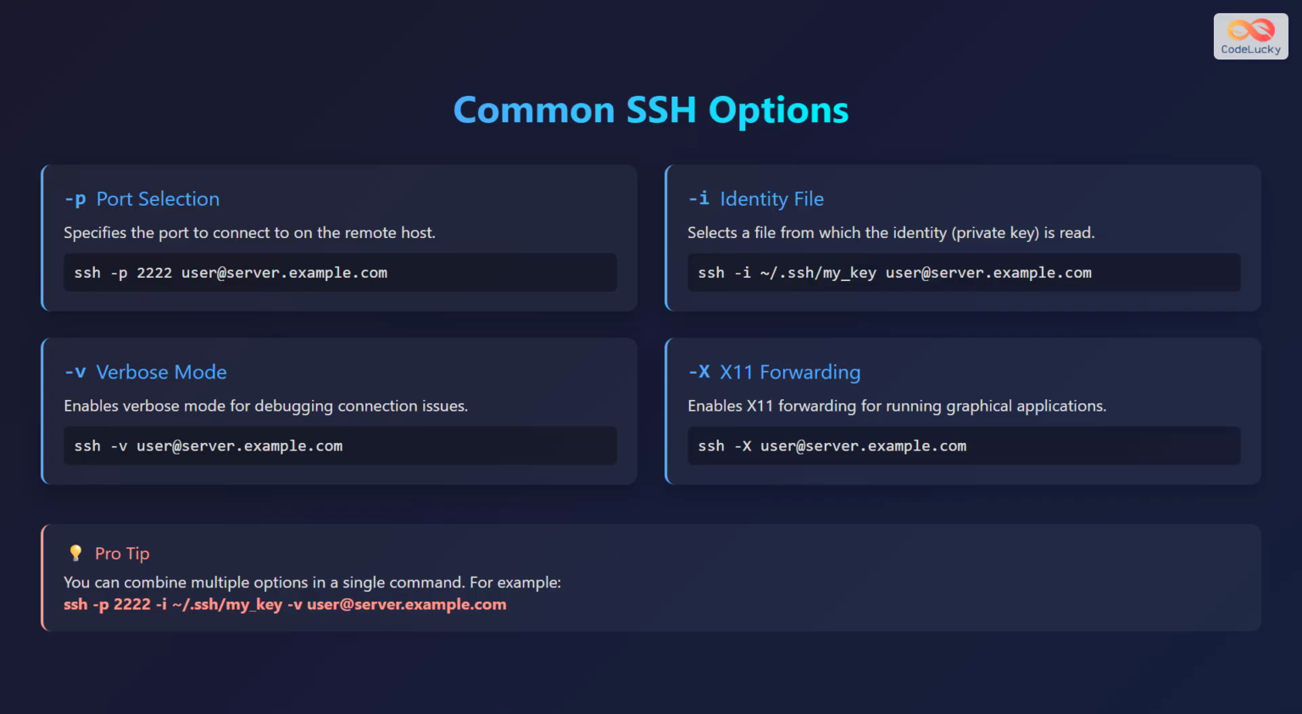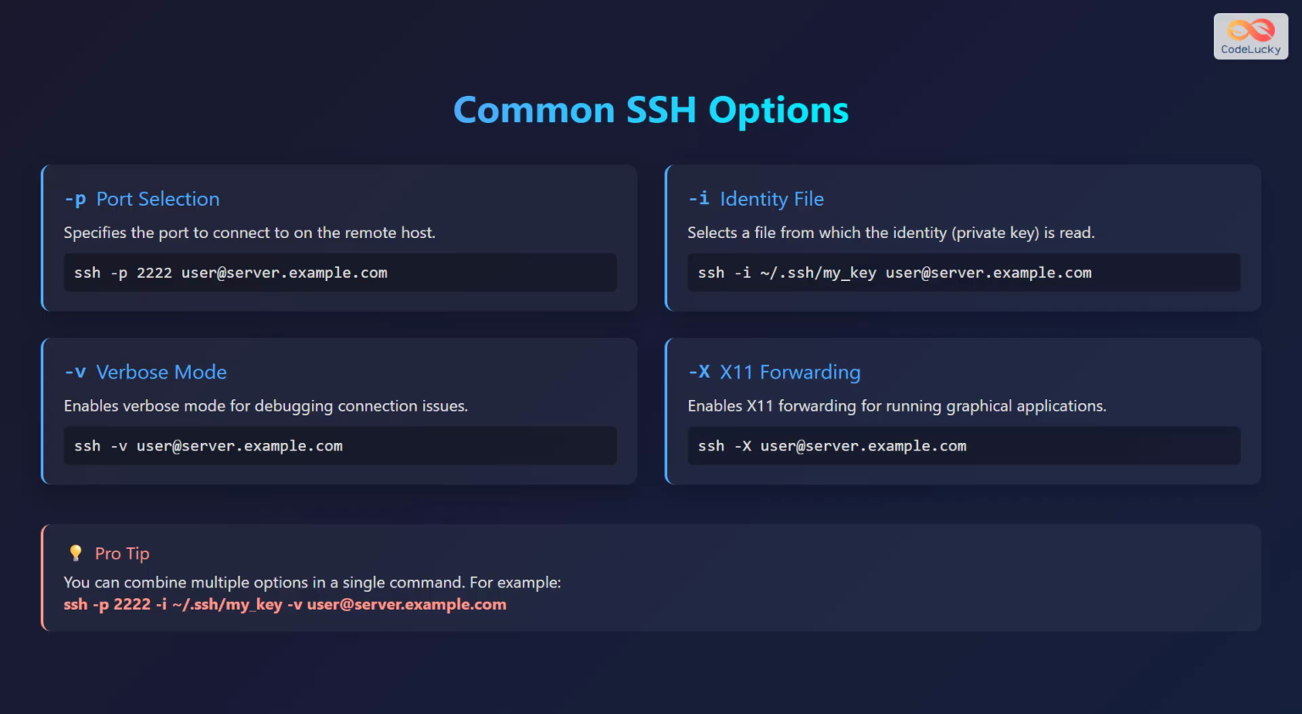You can use the command Secure Shell -i ~/.ssh/my_key user@server.example.com. To enable verbose mode for debugging connection issues, use the option -v, with the command Secure Shell -v user@server.example.com. If you want to run graphical applications remotely, you can enable X11 forwarding using the option -X, like this, Secure Shell -X